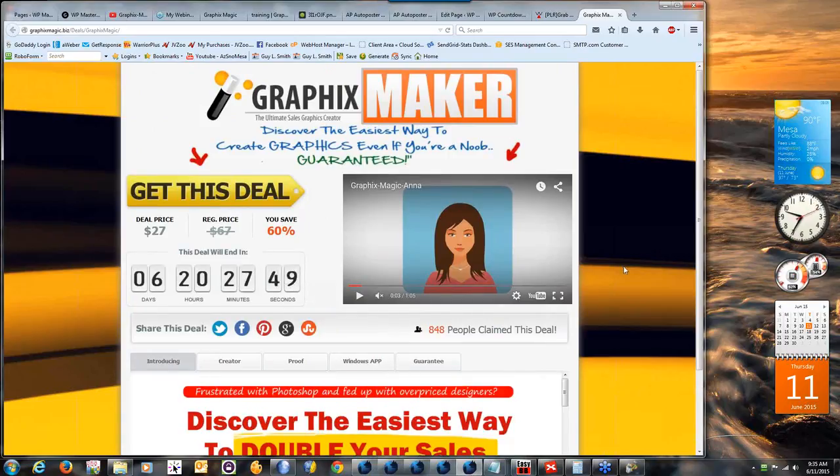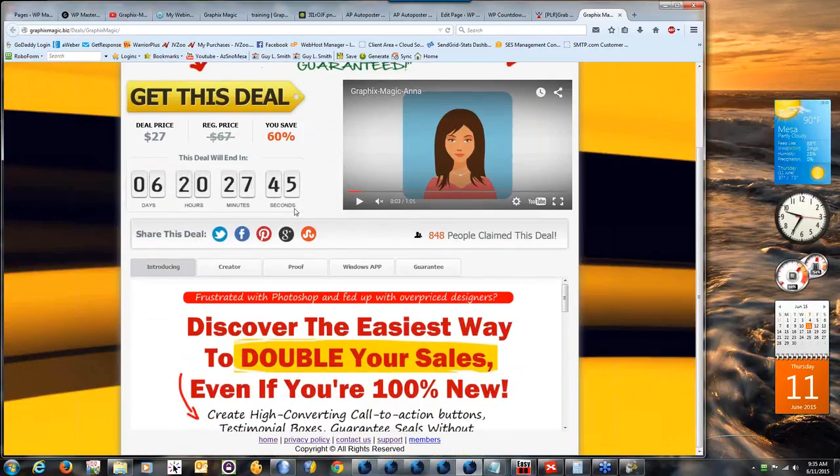I've made tens of thousands, if not well over 6 figures, just by flipping these sites and putting these sites together. Very easy to do. The problem that I ran into, you see, is you have 5 tabs. You can have up to a maximum of 5 tabs. What do I put in the tabs? Again, it's writing copy. It's making a sales page. I hated it. Well, now with Graphics Magic, I can create these great little graphics to put in my tabs